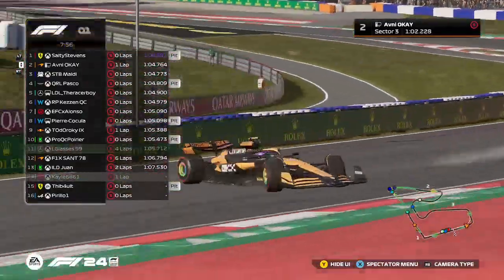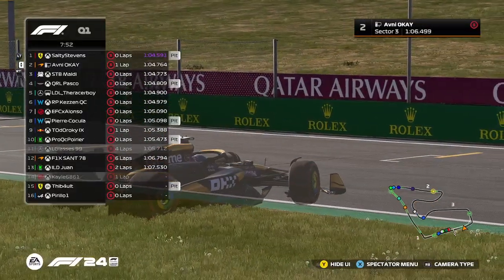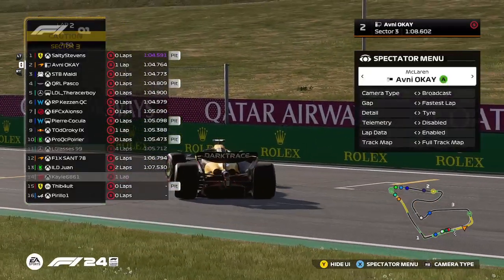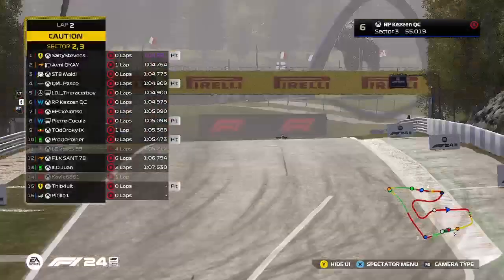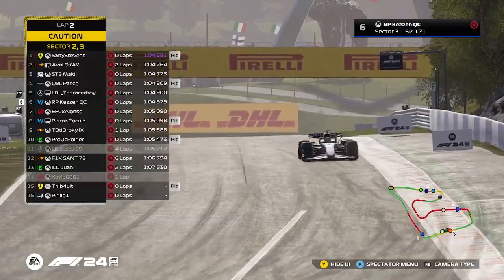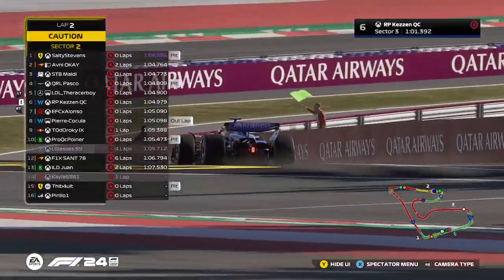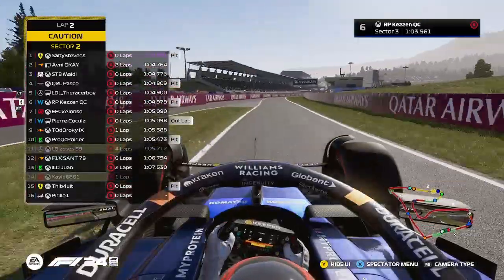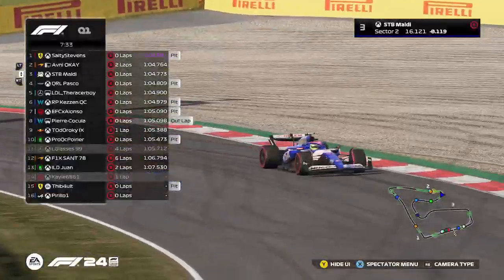Around the final corner, a little bit of a slide, and that's the dangerousness of those curbs. And that pretty much ruins the next lap for him as well, so unfortunately that's pretty much his lap time done. We'll go to Keys and then who is going to be next across the line. He's invalidated in the middle sector, so there's going to be no improvements there. Unfortunately, he has backed off, so no improvements on that one for him. Aldi's currently in sector 2 at the moment